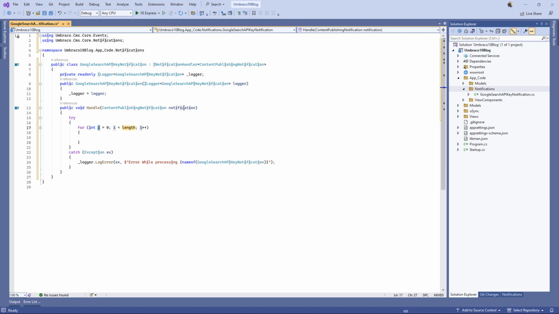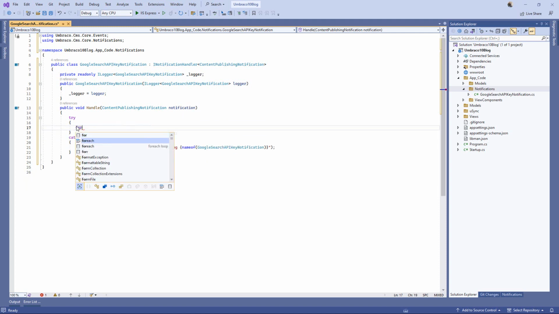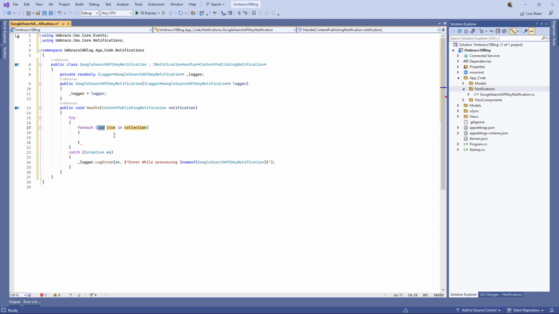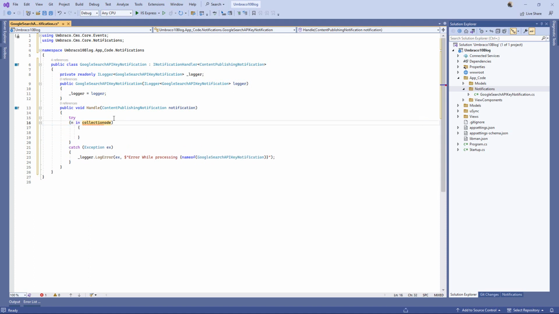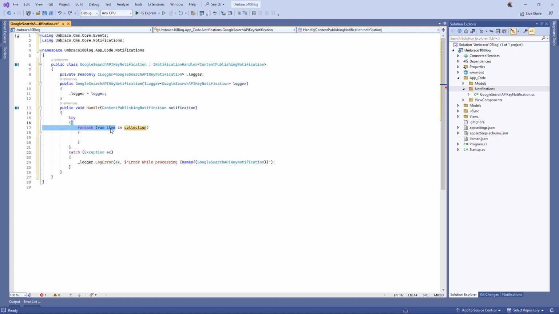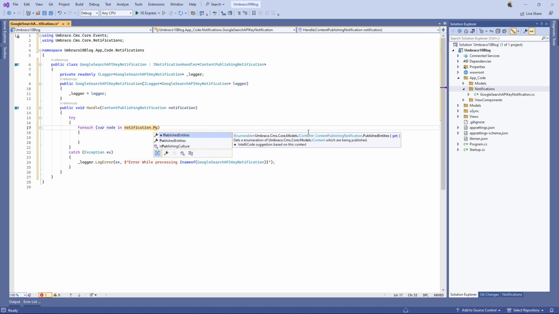We'll use a foreach to loop over all of that here. I'll get the node, and also here I will say my notification when publish an entity,